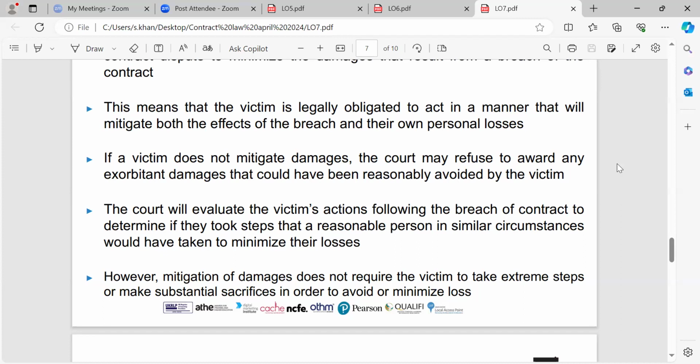There could also be punitive damages, which aim to punish the defendant for any sort of misconduct, and we looked at nominal damages, which acknowledge that the breach occurred without significant losses. Damages would depend on the contract itself, the type of contract, because there are different types of damages for different types of